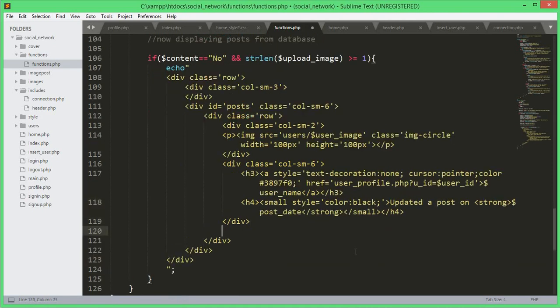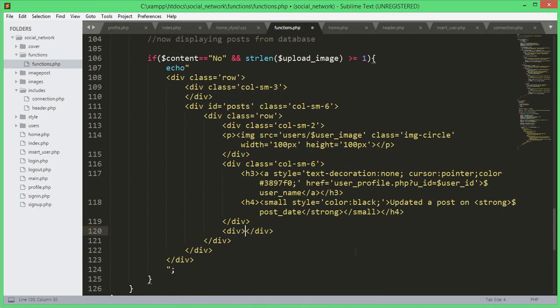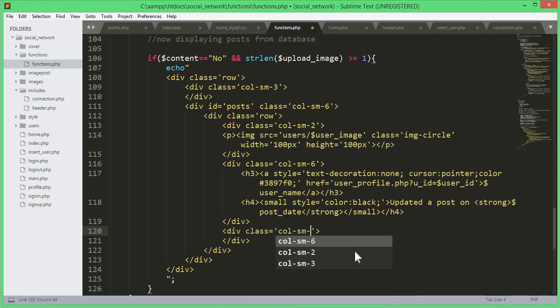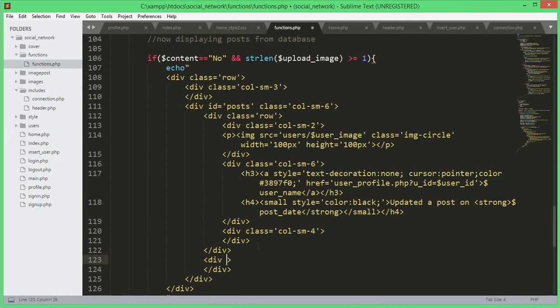And then after this div we will open up another div, and class will be equals to col-sm-4, and we will leave that empty because we want some space. And after this div we will open up another div, and this div will have class equals to row,